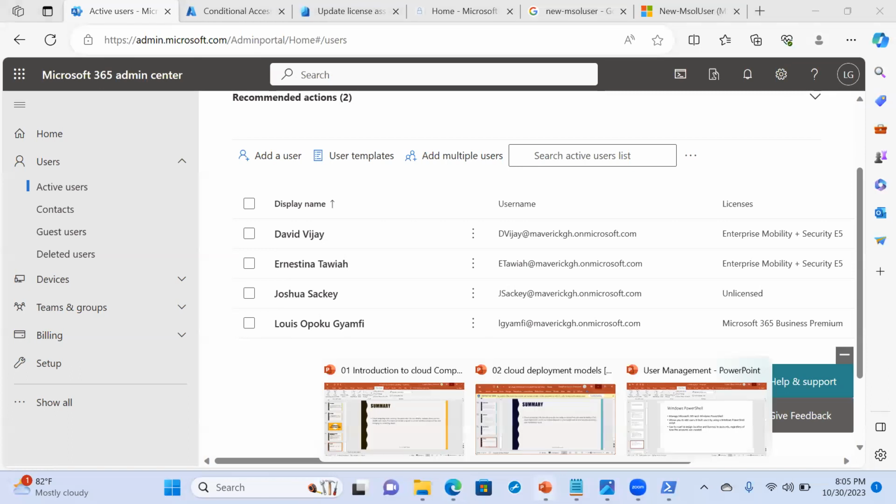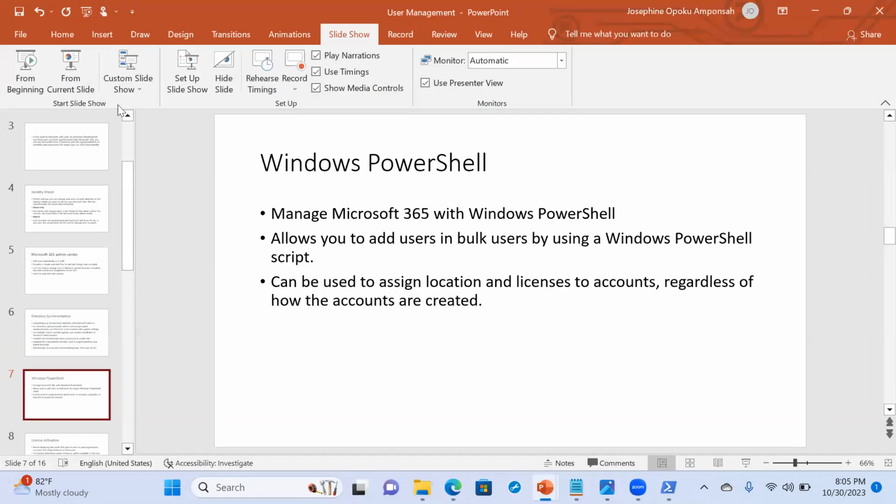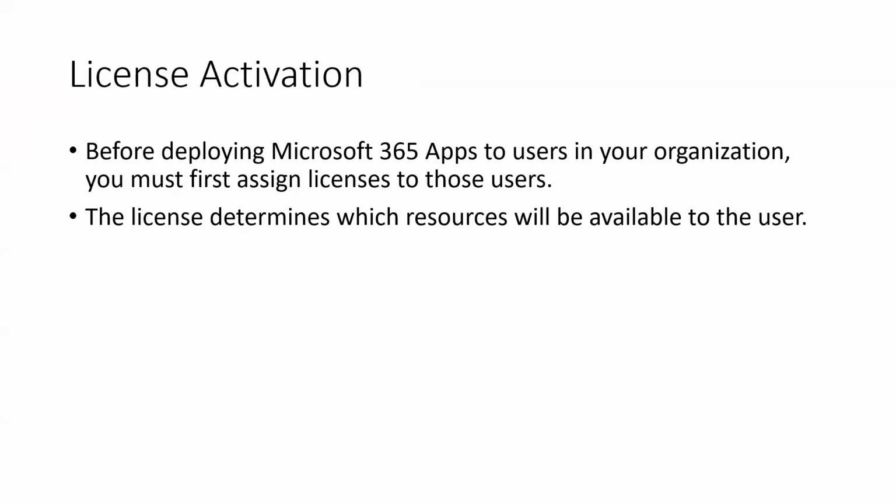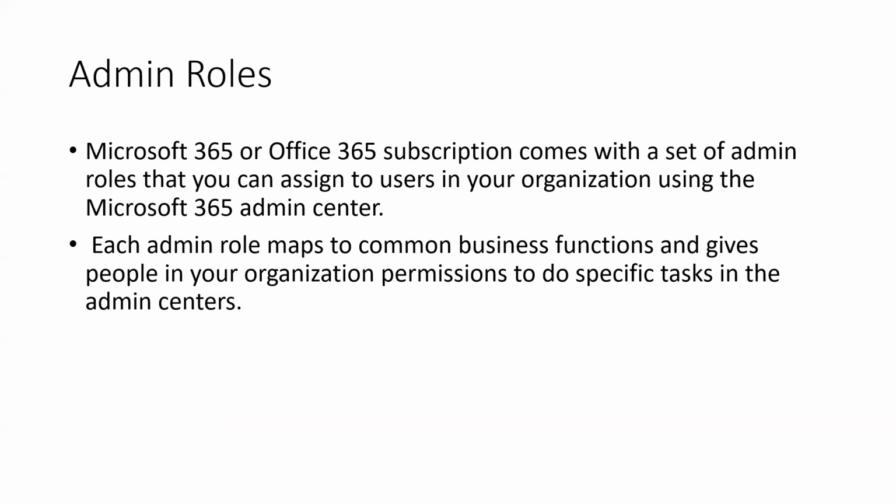And then let's quickly touch on groups and create some groups, and then we can end the session. It's 8 already. So we've looked at how to activate the license. Once you create a user, every user requires a license. And then you can also add roles. The 365 or Office subscription comes with a set of admin roles that you can assign to users in your organization using the Microsoft 365 Admin Center. Each admin role maps to common business functions